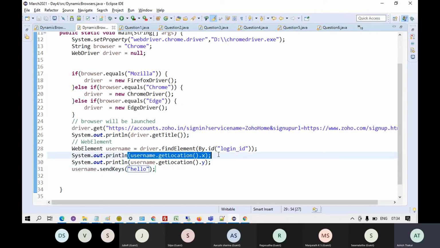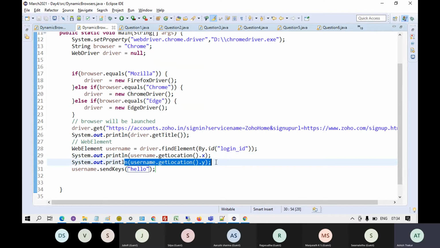So get location dot x will give you the x coordinate, dot y will give you the y coordinate. 0 0 is the top left corner of the screen. This is 0 0. The x coordinate increases towards the right side, the y coordinate increases towards the bottom. It does not decrease, it increases. It's the reverse axis over here. On the top left side, 0 0 is there. So if you run this,